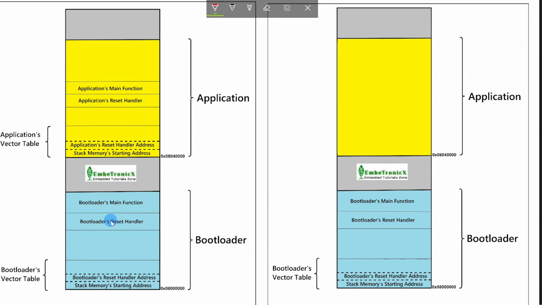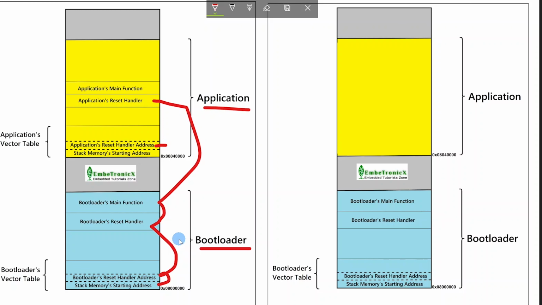Before starting this, let's recap the previous work. In our previous tutorial video, we created two binaries for the bootloader and the application. We placed these two binaries into separate areas of the flash memory. When we reset the bootloader, it will come like this. Then, from the main function, we were calling the application's reset handler by using this vector table. It is like just giving control to the application.